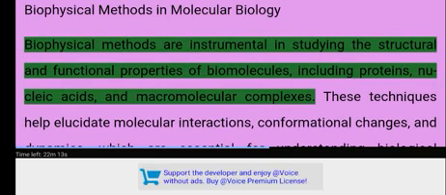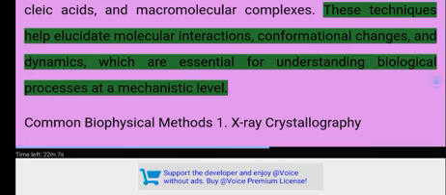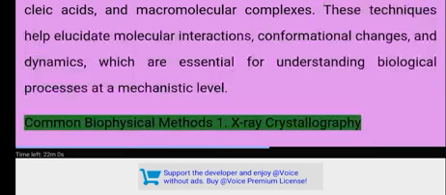Biophysical methods are instrumental in studying the structural and functional properties of biomolecules, including proteins, nucleic acids, and macromolecular complexes. These techniques help elucidate molecular interactions, conformational changes, and dynamics, which are essential for understanding biological processes at a mechanistic level. Common biophysical methods: